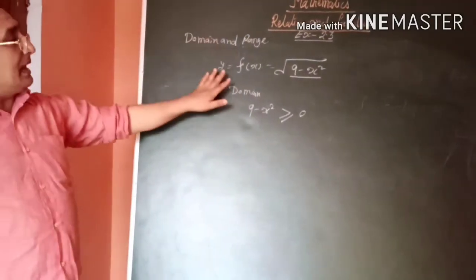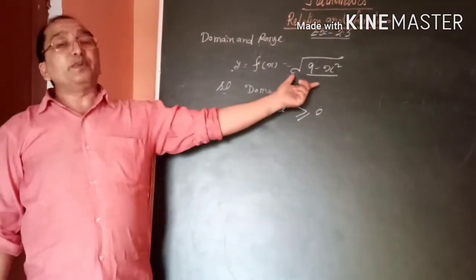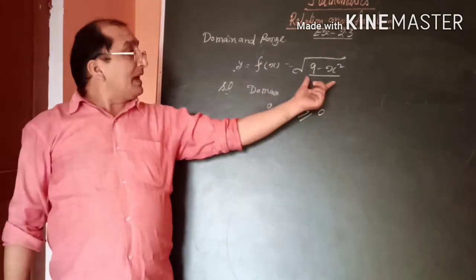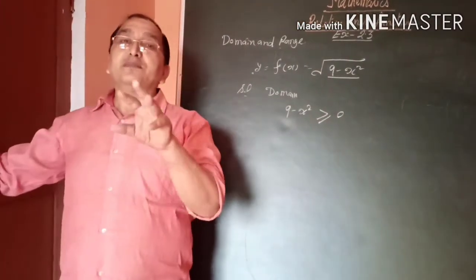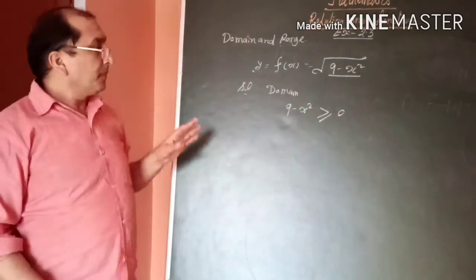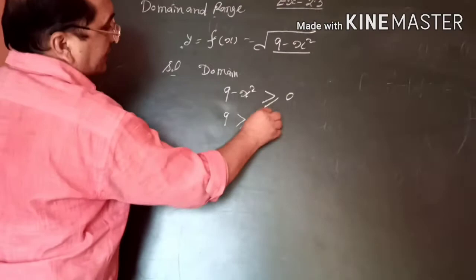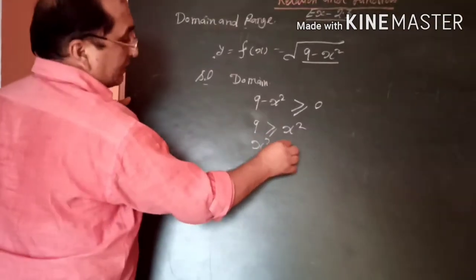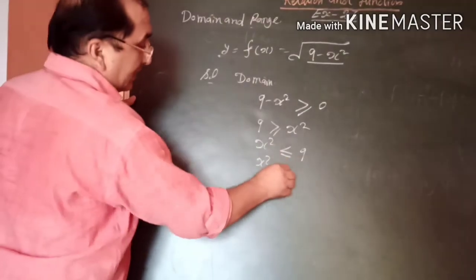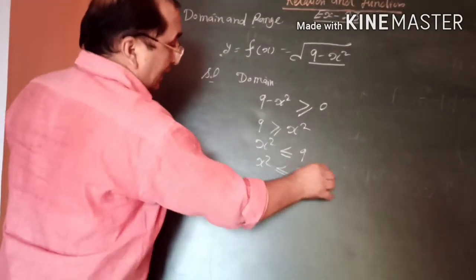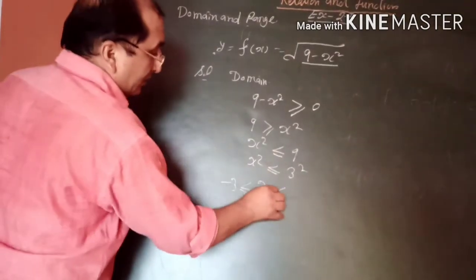If a function is written in square root form, the expression inside should be greater than or equal to 0. If it is less than 0, the value will not be defined; it will be an imaginary number. So 9 is greater than or equal to x square, hence x square is less than or equal to 9, so x square is less than or equal to 3 square, so x is greater than or equal to minus 3 and